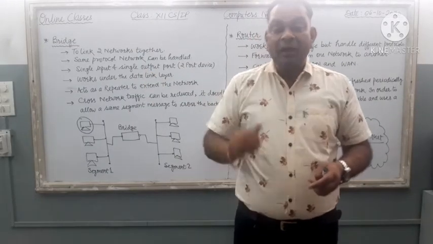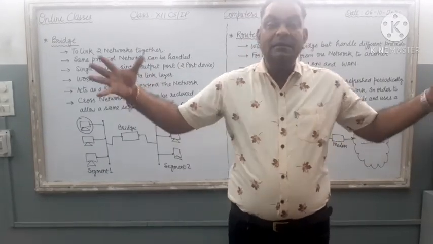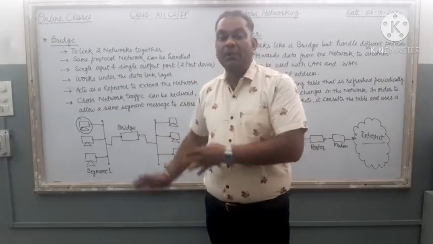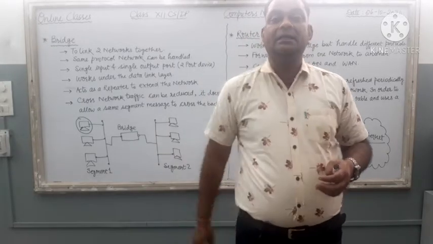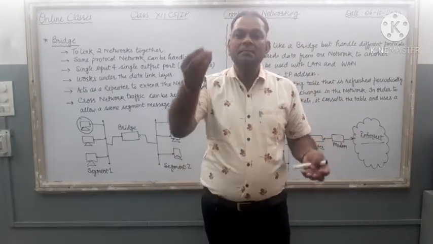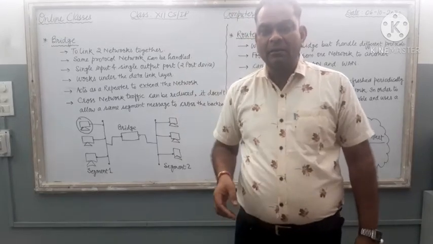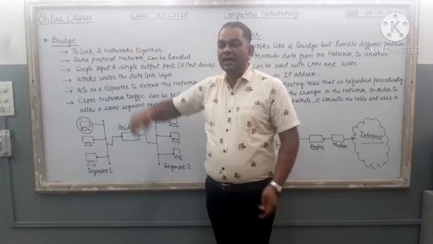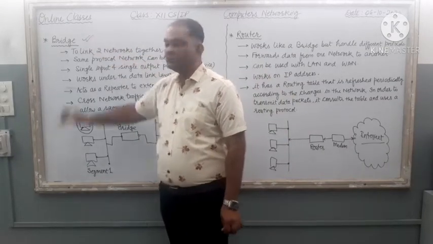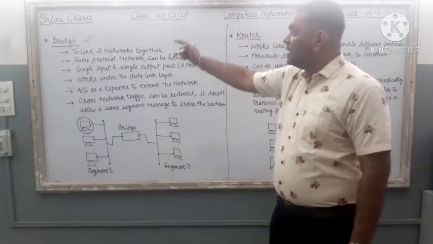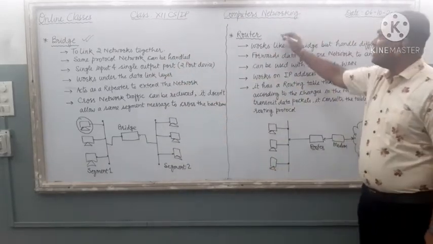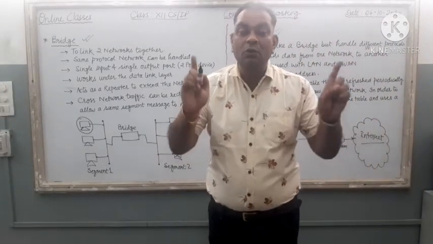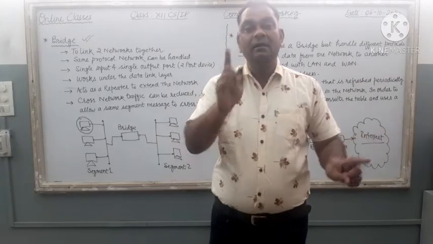Now the question is, if we want to connect these two separate segments with each other, senior computer lab with junior computer lab, which particular device do we have to purchase from the market? Just see the very first device of today's lecture. It is known as bridge, right? Two different devices are here. The first one is bridge, and the second one is router. Both devices are applicable to connect two different network segments with each other.